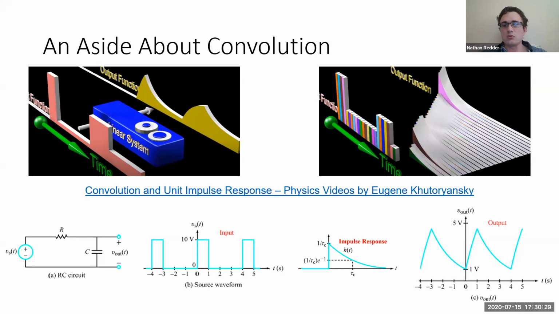If your tau c was really large, then your 1 over tau c would be lower. So the actual amount that would build up would be lower. The impulse response would be flatter, so it wouldn't be as tall and would extend out longer. And what that transfers to in practice with your output is it also flattens your output.